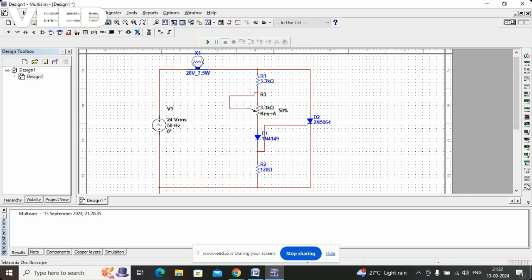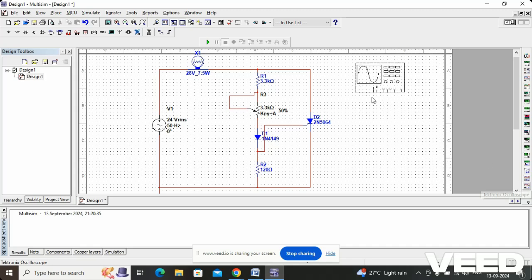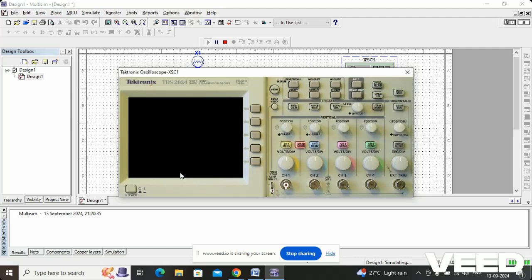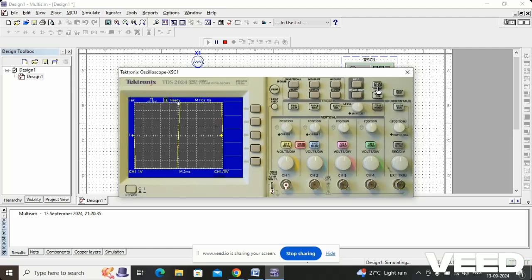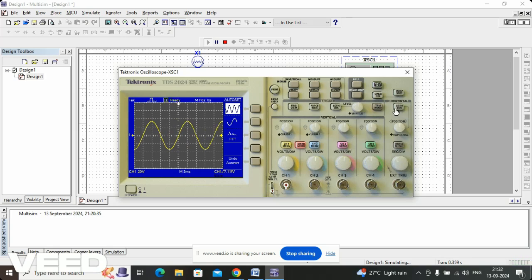Now let's get an oscilloscope across here, and in the used list we have a previously used ground. So let's connect a ground, and let's first check whether our input signal is coming. Let's double click over here and auto set. So you can see the input signal that is coming. You can measure the input signal. Channel 1 type frequency is 50 Hz,